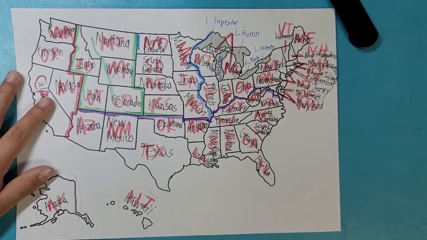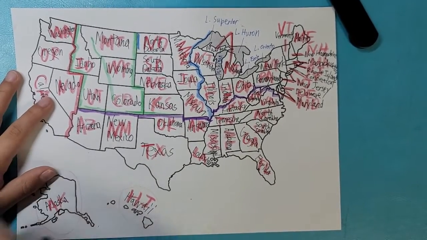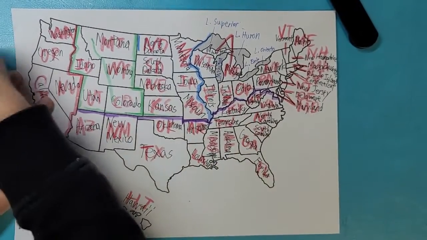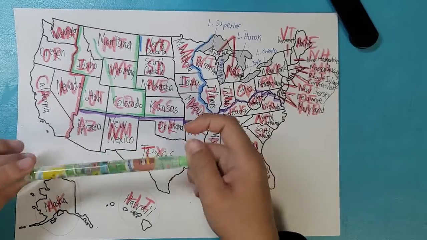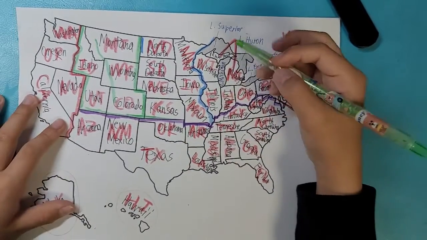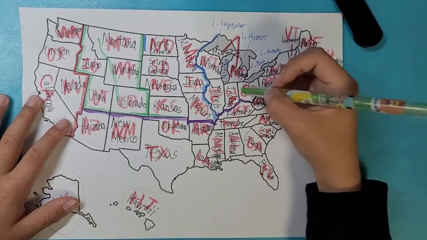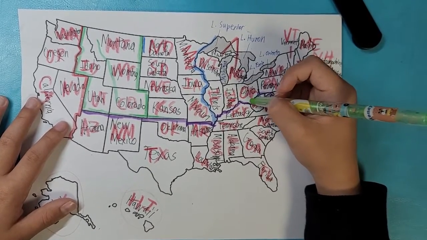Which color will we use? I'll use this. No, that's red. Let's use this light green one. Light greens are the best. Wisconsin, Illinois, Indiana, Ohio,